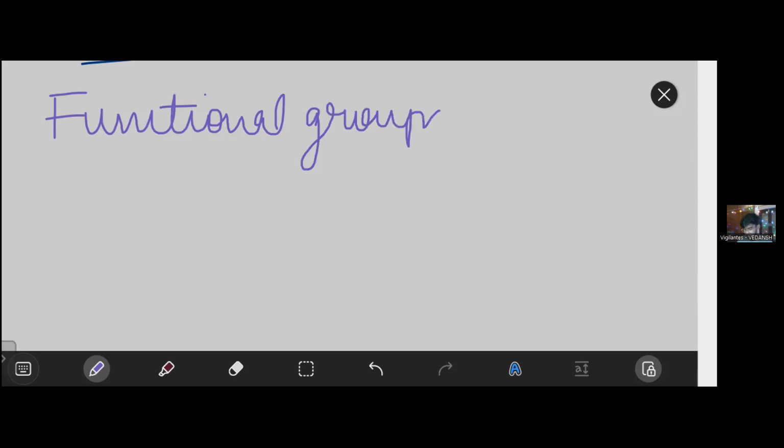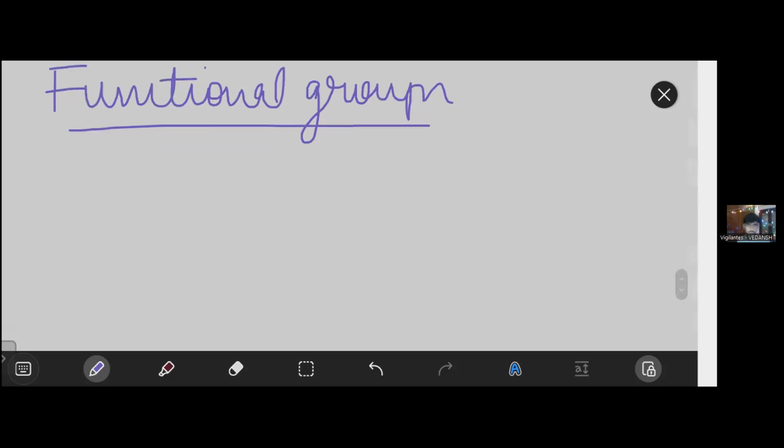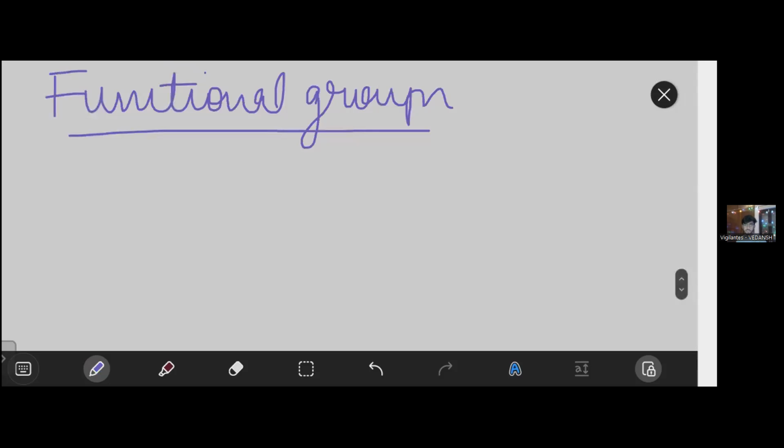Now, let us move down to functional groups. From here, the actual IUPAC starts. Now, what are functional groups? Functional groups are basically those groups where, when you remove a hydrogen and attach that group, it would form some compounds like ketone, carboxylic acid, halides. Okay? So we will discuss one by one what each of the terms mean. Okay? Now,